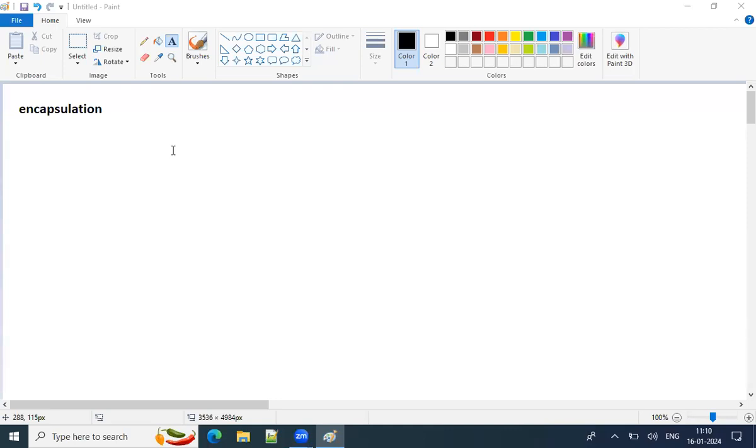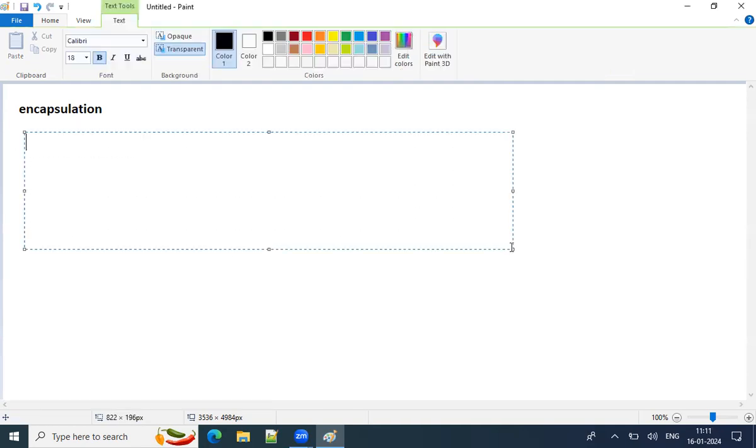So what is encapsulation? What is a capsule? Like this, friends. Binding, embedded into. Okay. Encapsulation in Java. Here we hide the data. So encapsulation is a process